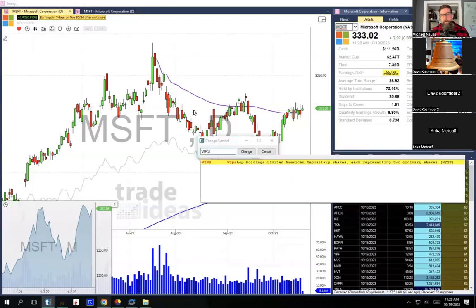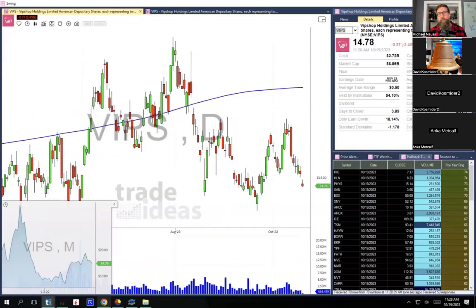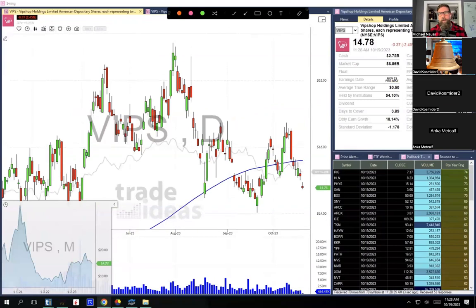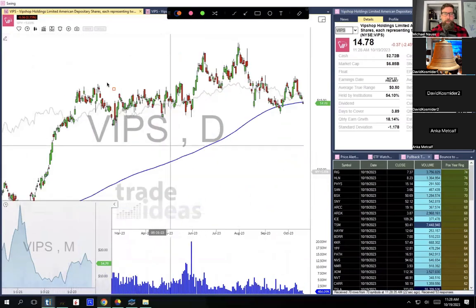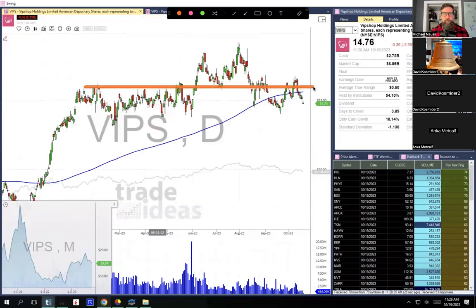VIPS, China. So first of all, warning, China. And we have this little flag up here. I've been getting really good at understanding flags of companies since we implemented this feature. I think VIPS is like designer clothing or something in China. Really choppy name. Stuck for a very long time here if we zoom out, between a clear level here, call it 16, a clear level here at 17, and a clear level here at 14. So that's the kind of range it's playing in.